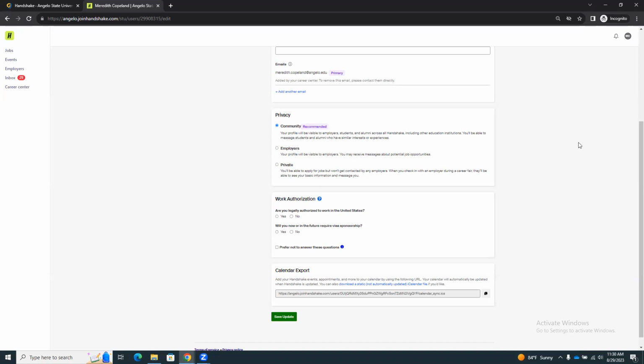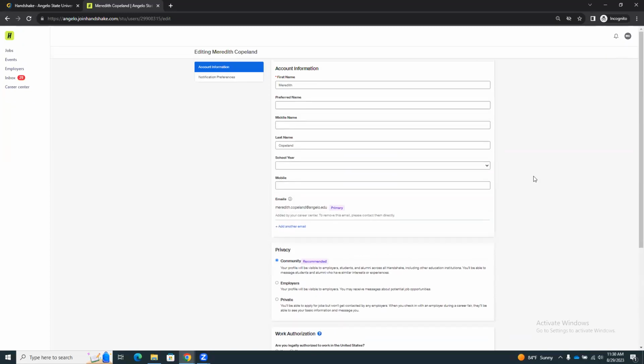All right. And then your work authorization. If you are going to need any special authorization to continue work after college, you would want to put that in there. If you're looking for any of the OPT programs or any of that, then that'll all be in there as well. Okay. So now that we have gone through all of your personal settings, or at least the cliff notes of it,